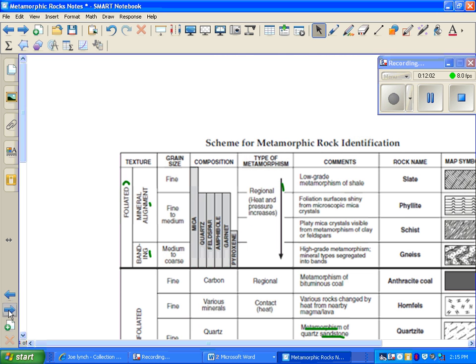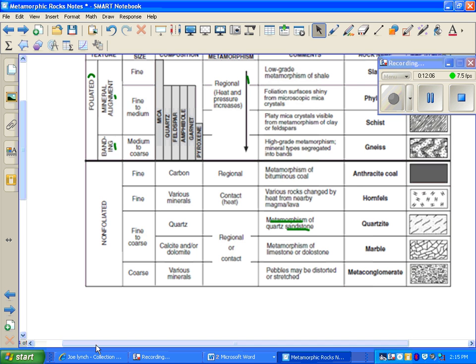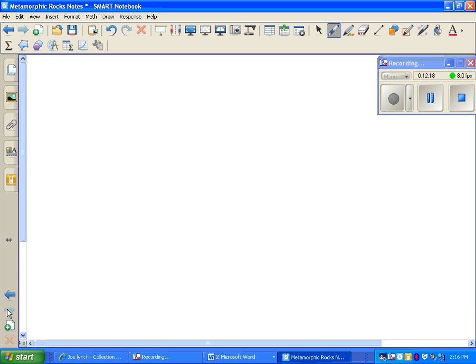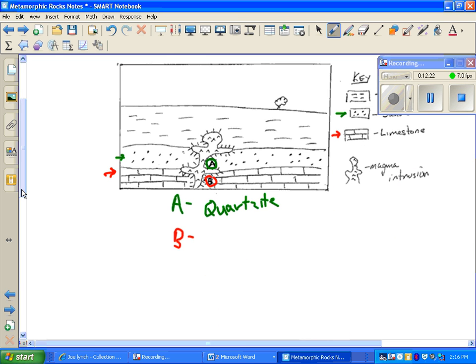And if I look at the table, if I have limestone undergoing metamorphism, it becomes marble. So I know that rock is going to be marble. We'll go down here and we'll say that B is